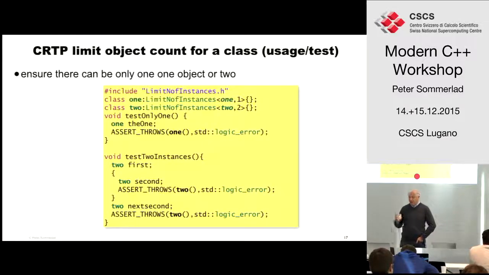That would mean that for each constructor of your one class, you have to call the base class constructor with the same number, 1 or whatever number you want to pass in. That gives you the problem that you might have to use the same number several times, or you might get inconsistencies. So what you are saying is that it will be error prone.